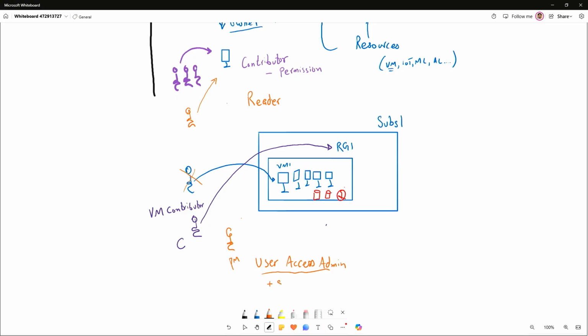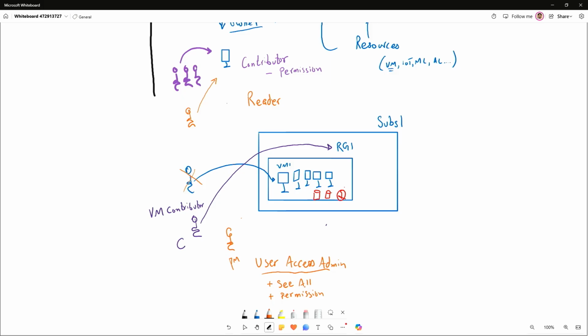So out of the few things they can do, they can see everything wherever their role is assigned, particularly on a subscription, and they can change permissions. They can also log tickets, but we'll leave the tickets out for today. They can change permissions. That's all they can do. They can't perform anything else. They can't go and make changes to resources and stuff like that directly. They need to assign themselves a different role to be able to do that.